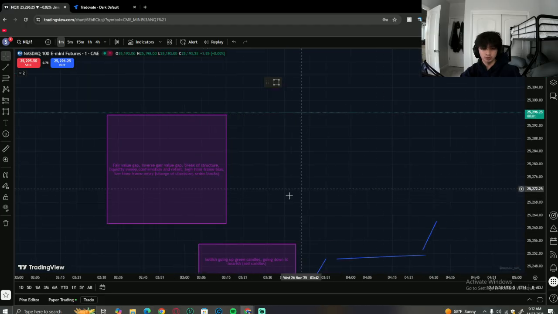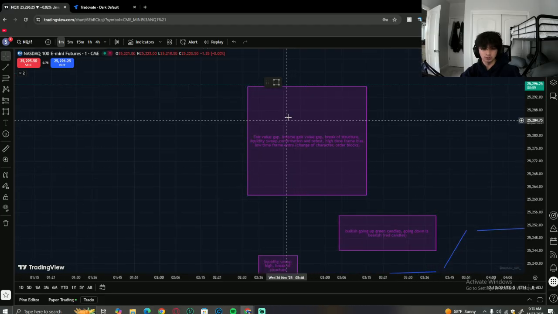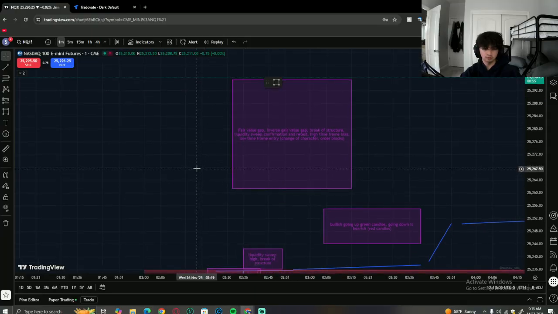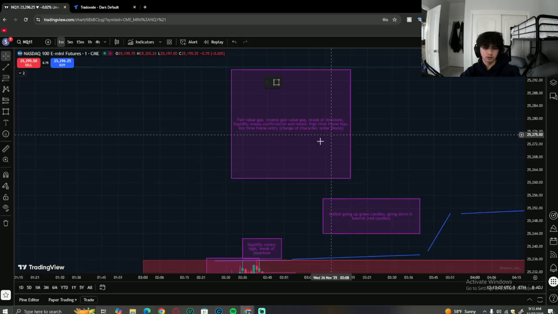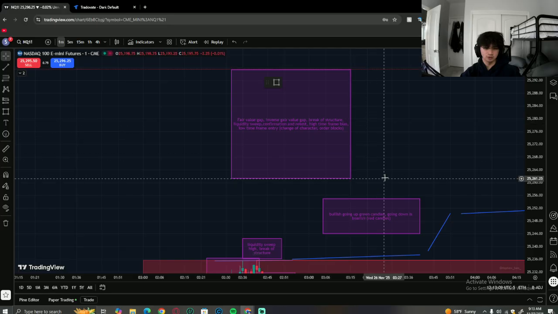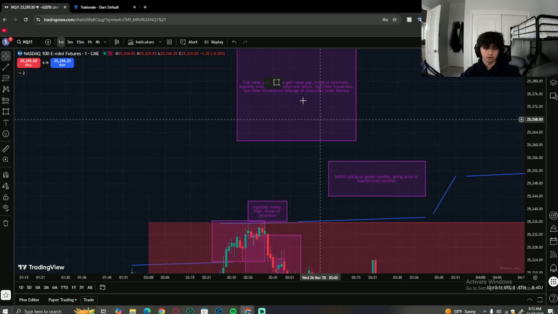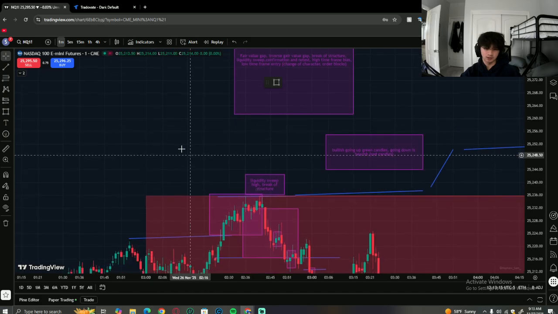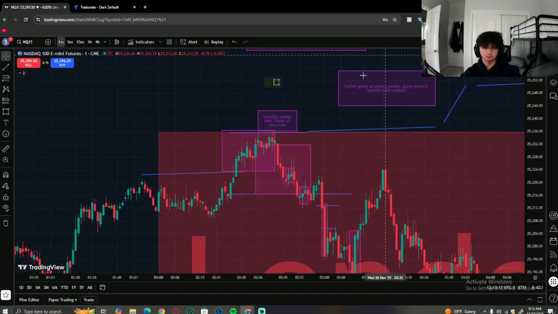So this is my explanation of what a fair value gap and inverse fair value gap is, a bit of structure, a liquidity sweep, a confirmation and retest, a high time frame bias, and a low time frame entry. Change of character and order blocks, I can't really explain. Oh, I can. For example,